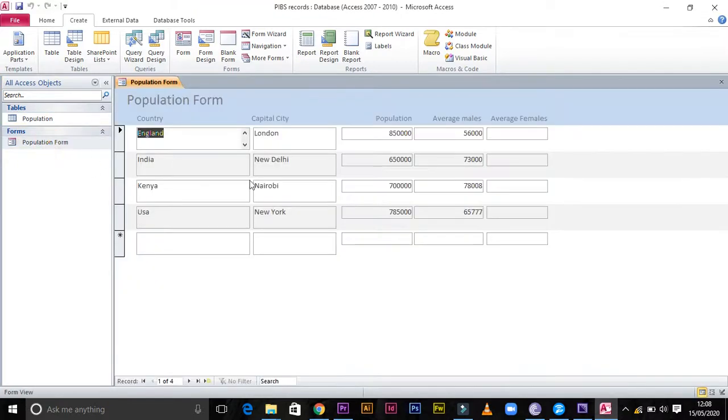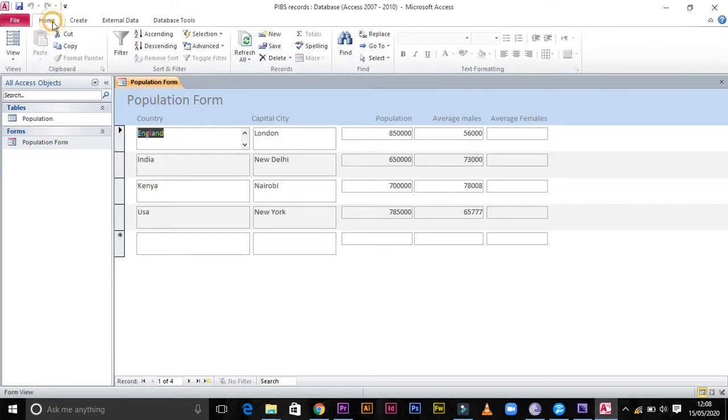Then now for your report, you can see that is the form, you can see it is updated there. If it's not updated, you need to do refreshing. You need to refresh it so that you can see what you have done. And to refresh, you just refresh it here, and you can see now we have average males here. So if you have the average males, now we can calculate the average females. This is the first way of doing calculations. So just open it in design view.